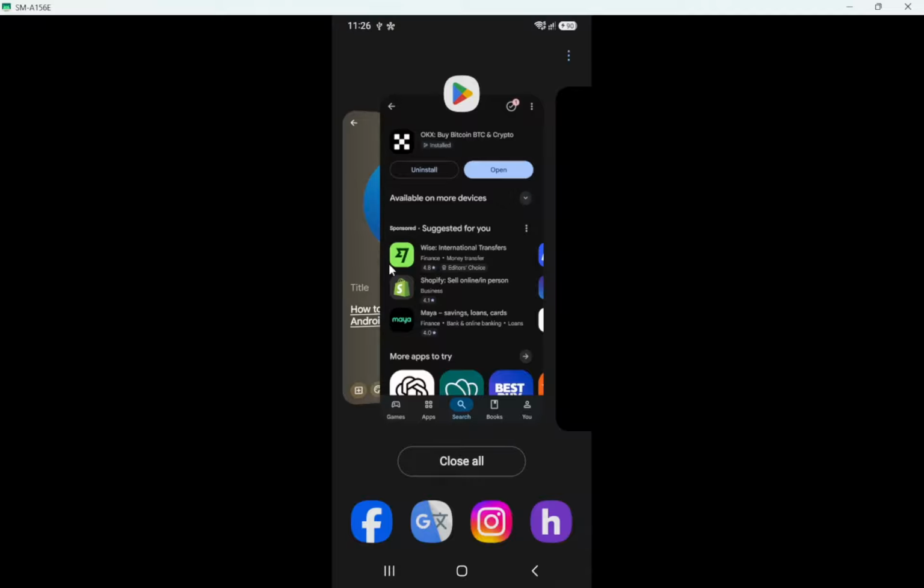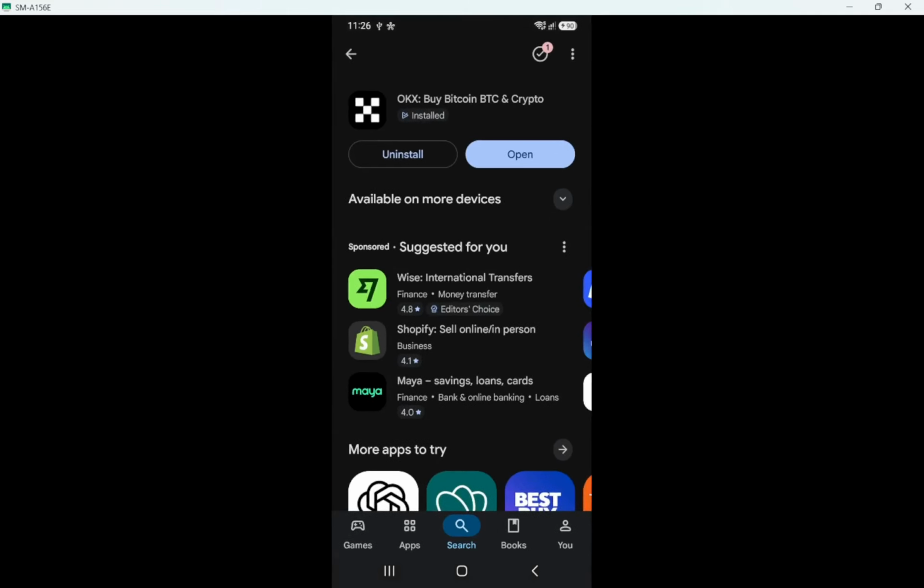With the app open, sign into your existing OKX account or create a new one. If you already have an account, enter your registered email or phone and your password on the login form. If you are new, choose the option to create an account, then follow the on-screen steps to register, and you will be taken into the main OKX interface once you are done.